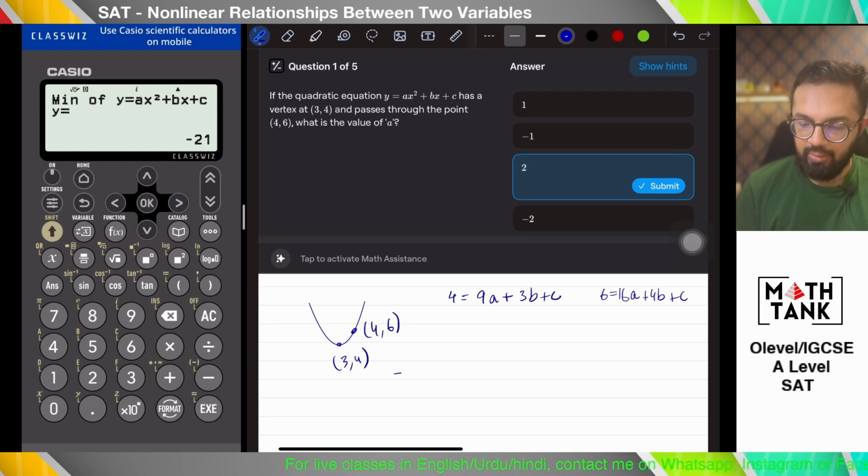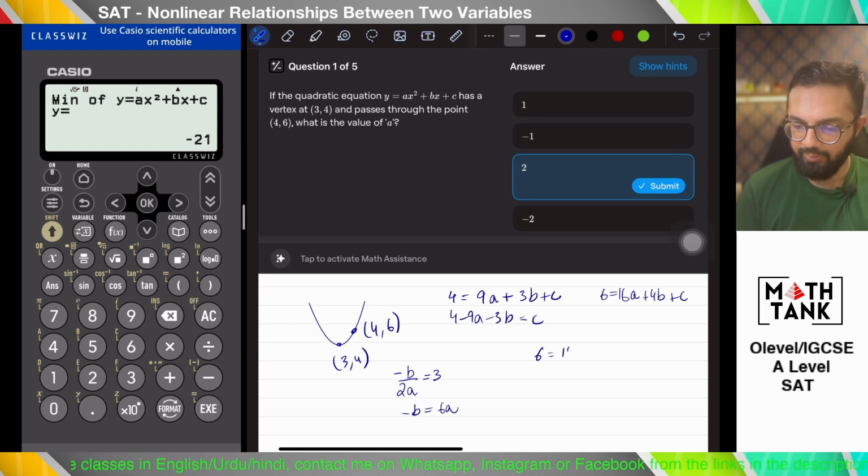And for the x coordinate of the turning point, we have minus b over 2a, and that should equal 3. So minus b equals 6a. I'm just wondering if it's that long a question. I think that is a long question. What I'm going to do first is replace c from here into this equation and say that 6 equals 16a plus 4b plus 4 minus 9a minus